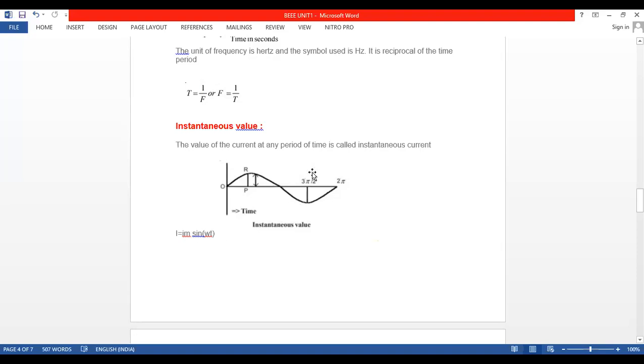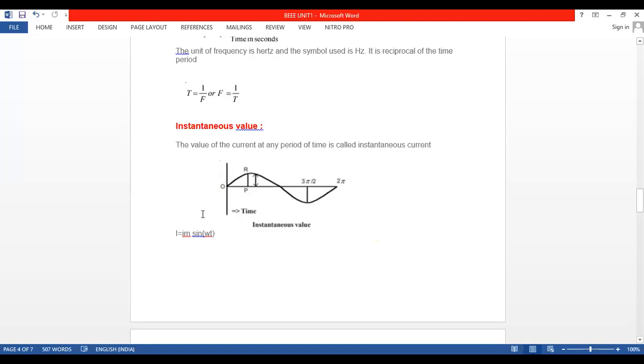AC current, another name I'm telling you, bidirectional, since it flows in two different directions. Another name, mathematically, it is sine wave. Sine wave, W-A-V-E. Why is it called wave? Because it is flowing continuously. So in terms of trigonometric equations, we can call the AC current a sine wave.